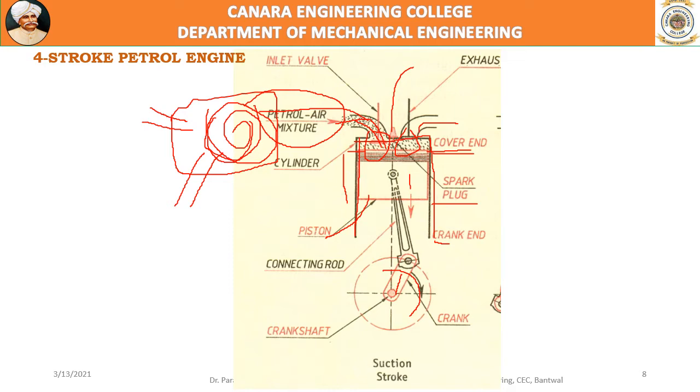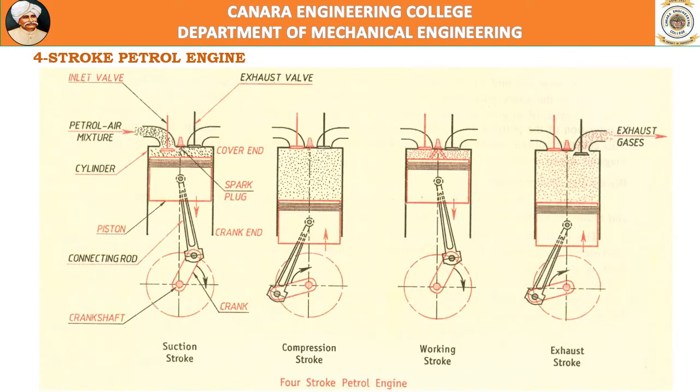So this indicates the first stroke, the suction stroke. Now see, at this point it is the end of the suction stroke. The suction stroke is over, so inside the cylinder there is a full mixture of air and fuel. Then starts the compression stroke, stroke number 2, during which both the inlet valve and the exhaust valve are